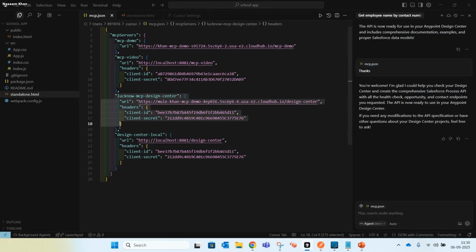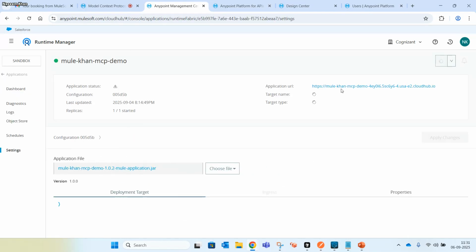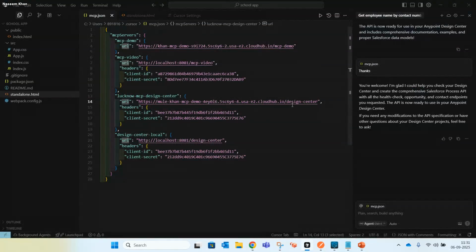This name we can give any name, and the URL we can provide. This URL I have retrieved from here. And the path I have shown you, design center is the path. And client ID secret I am providing as headers. Client ID is this one, client ID secret is this. So this is the configuration.